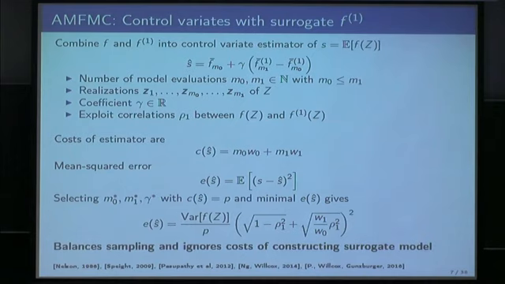This is all well known. The critical thing is that this depends on the budget P that we are ready to invest, and it depends on the correlation coefficient between the output random variables, and it depends on this cost ratio. Now, the critical thing for us is that this is more or less an optimal balance between how often we need to evaluate the surrogate model and the high fidelity model to minimize the error. But it does not take into account the cost that we need to invest in constructing this surrogate model. Where is it? Here. In constructing this surrogate model.